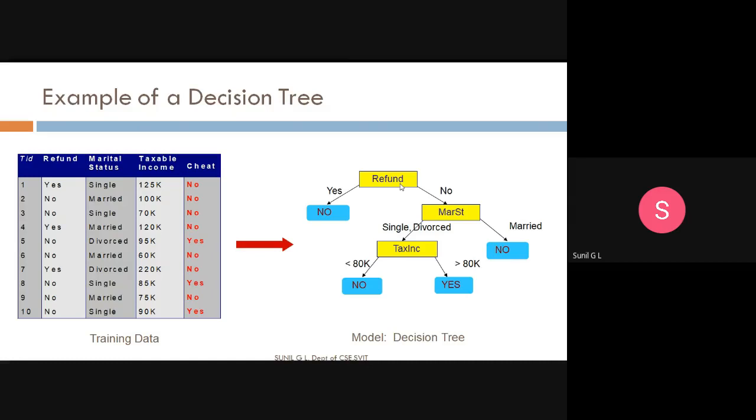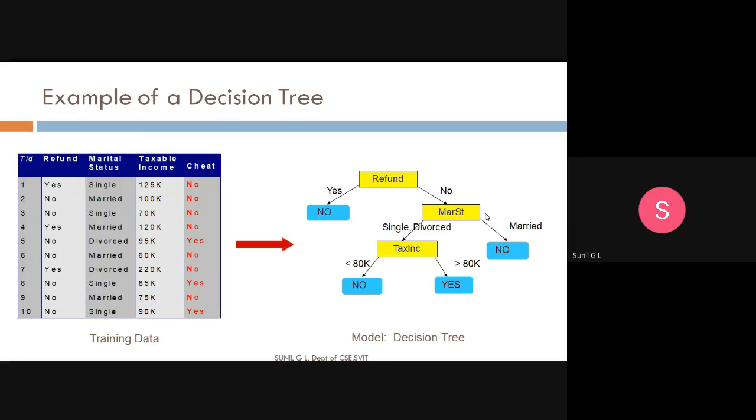In marital status we have single, married, and divorced. When you come to married, cheating is no. If a person is married, then cheating is no.